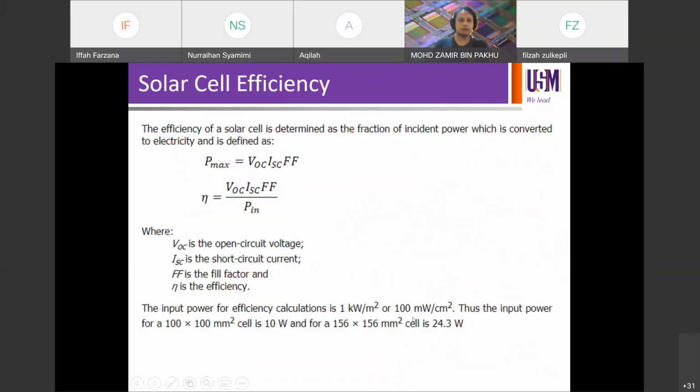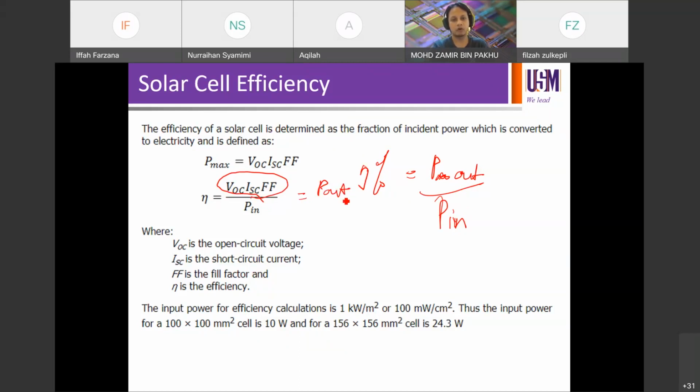So this is the equation again, right? In order for you to evaluate the conversion efficiency, we normally talk about the efficiency of the cell. That is given by P out over P in, right? So the basic efficiency calculation of a machine, for example, is P out over P in. And your P out is given by VOC times ISC times fill factor, over P in. How much is the P in? P in is the incident light at STC, standard test condition, which is equal to 1000 watt per meter squared,